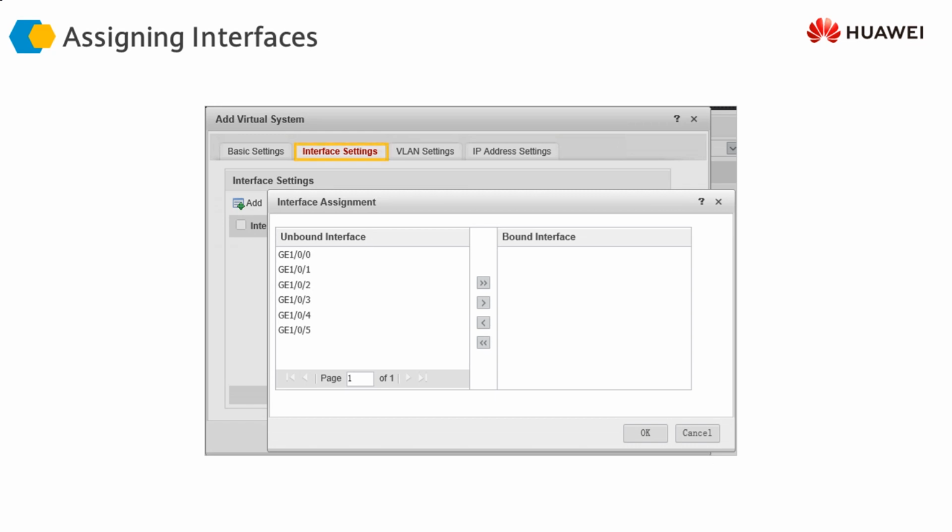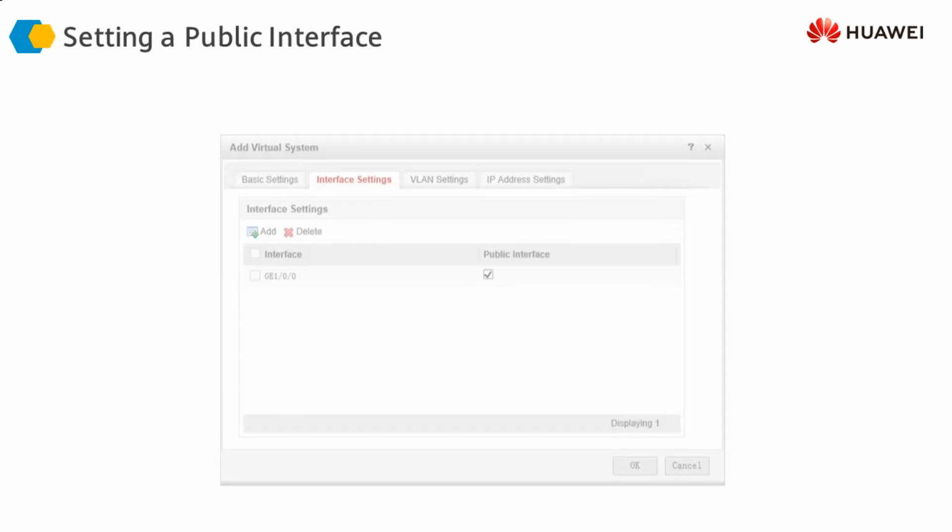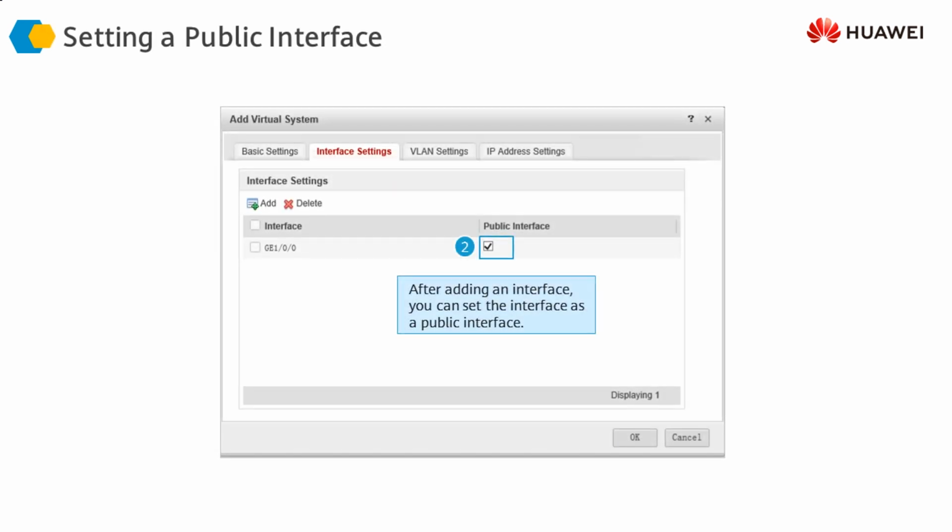The next assignment is the interface settings. We add the interfaces to this virtual system. We will have all the interfaces available here, and we bind different interfaces to this virtual system. We can add or remove interfaces for this virtual system. Once that is done, we can configure an interface as the public interface.